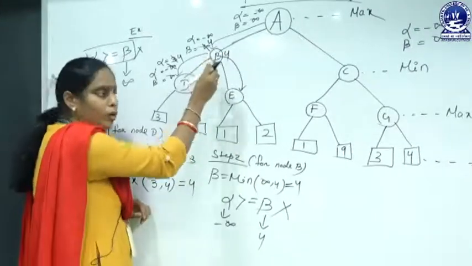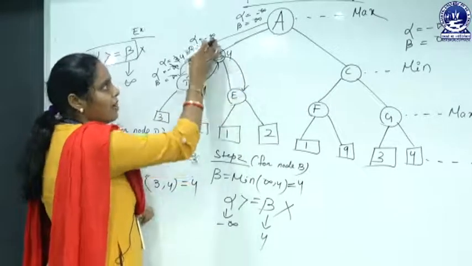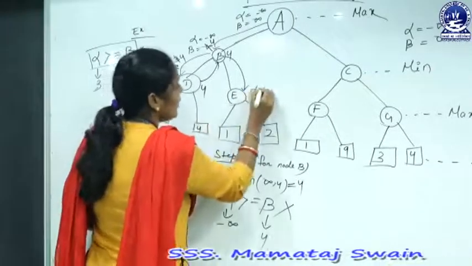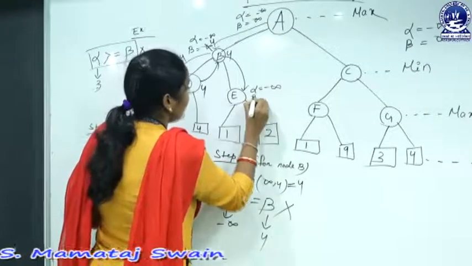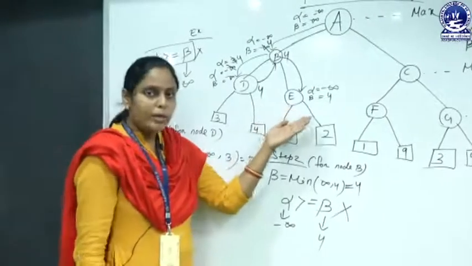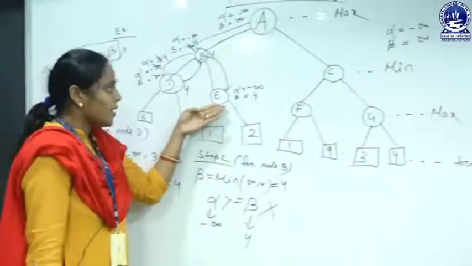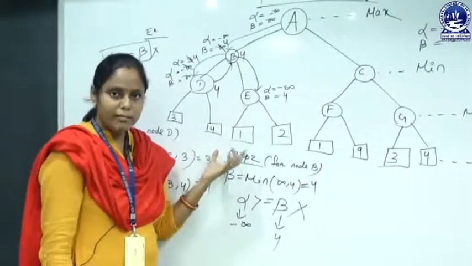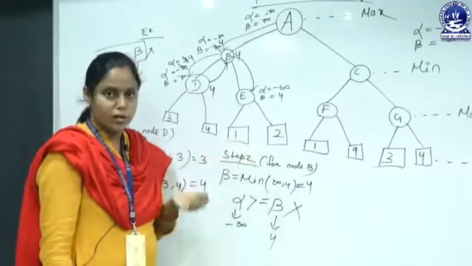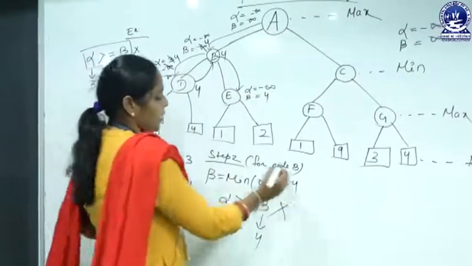When we move from the node B to node E, it will pass the alpha beta value. Now at node E the alpha value is minus infinity and the beta value is 4. Look at here, at node E this is the maximizer term. That means at this point the alpha value will be updated and the node value of E will be calculated from these terminal nodes. First of all we check or update the alpha value.